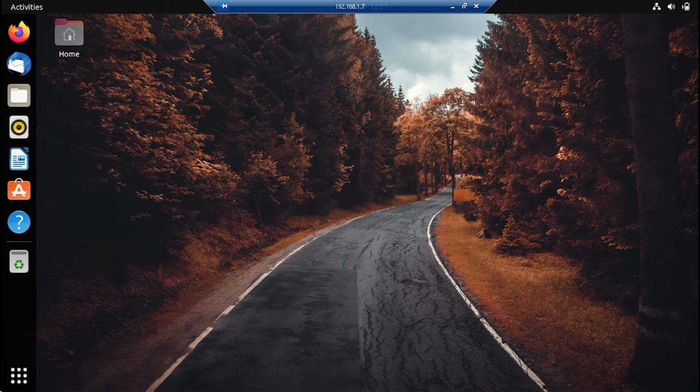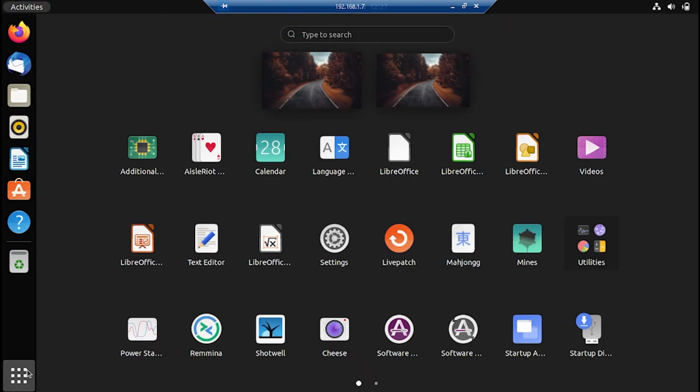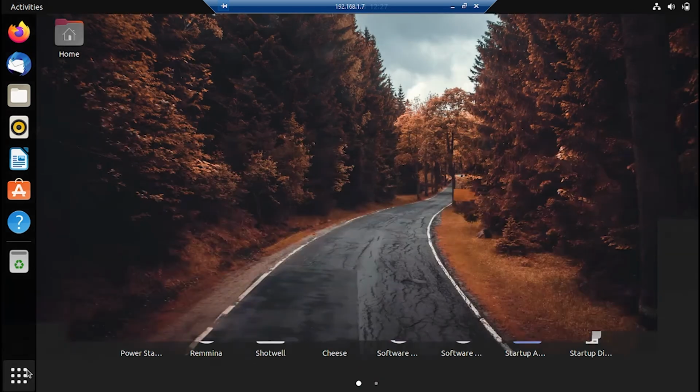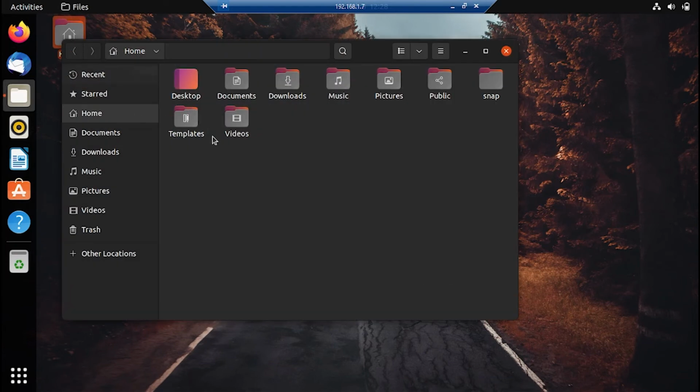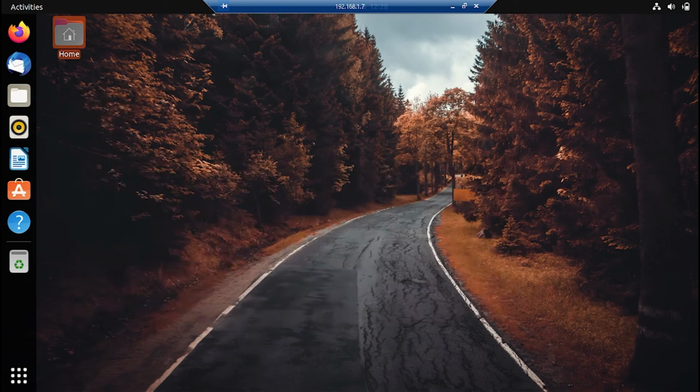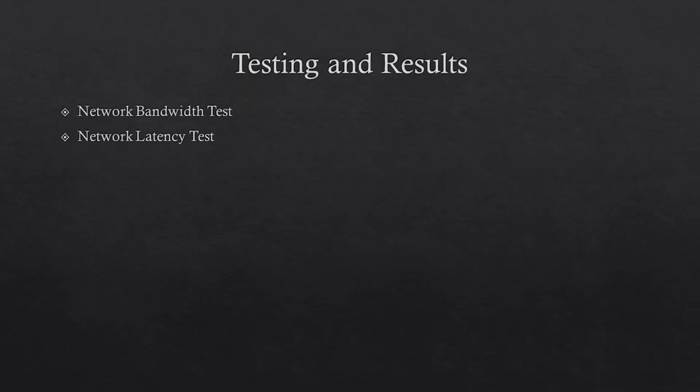So basically, the user can use the desktop normally without any problems. And that's all for my demonstration.